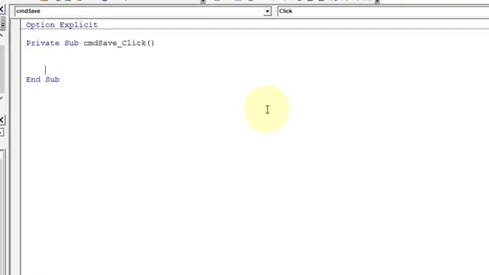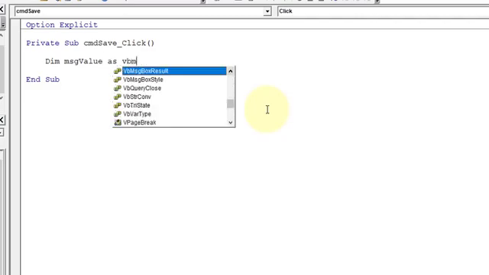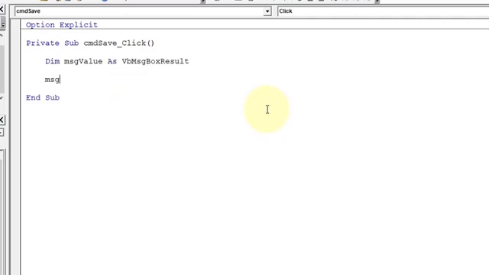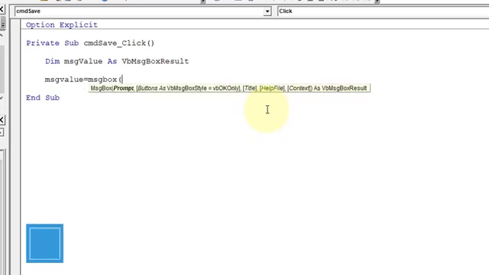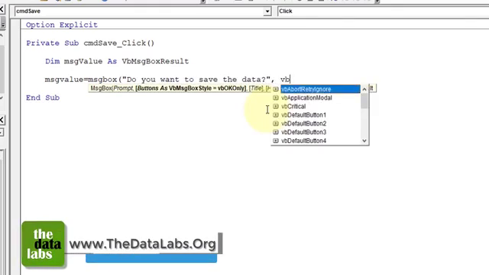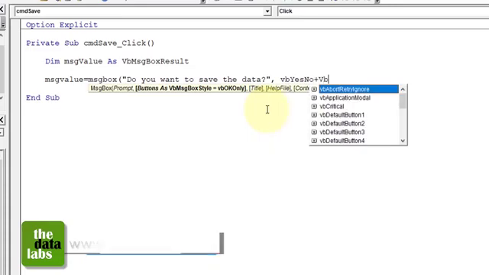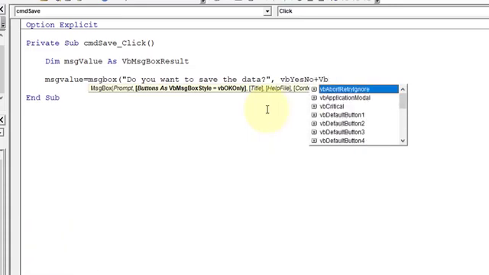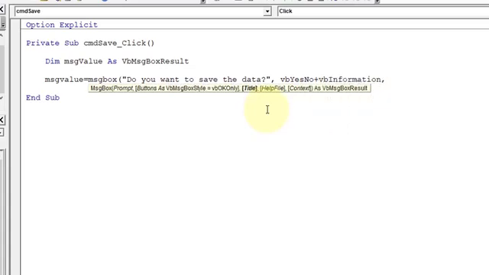Here we need to declare one more variable, so Dim msg_value As VbMsgBoxResult. msg_value is equal to MsgBox, "Do you want to save the data?", vbYesNo + vbInformation, and here the title should be "Confirmation".